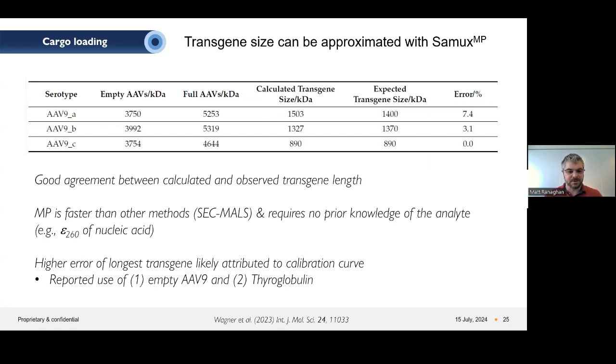Transgene size was also reported in a 2023 paper from Wagner and colleagues, whereby they took 3 different samples of AAV9, did their empty full analysis, and then calculated the transgene size based on the differential mass, and compared it to the calculated size from the known number of kilobases in the transgene. There was a relatively good agreement between the calculated and observed transgene lengths. They did note that the longest transgene had the highest error, and in looking at their methods, this is likely attributed to their calibration